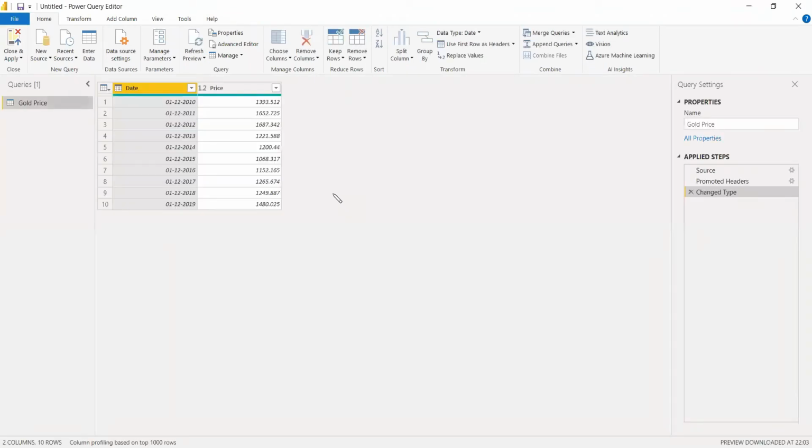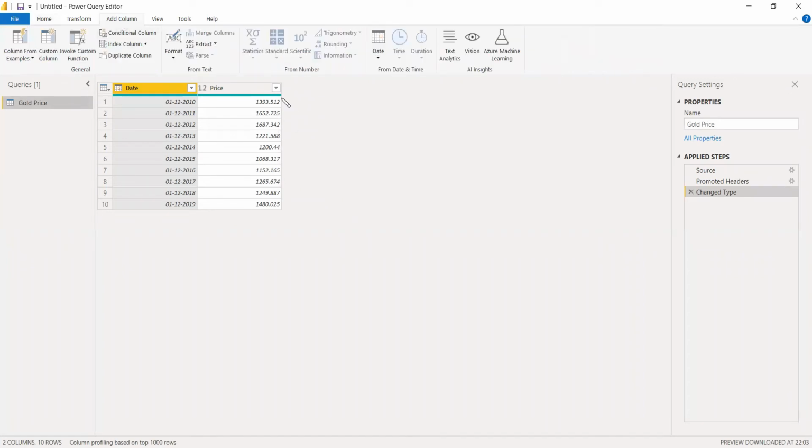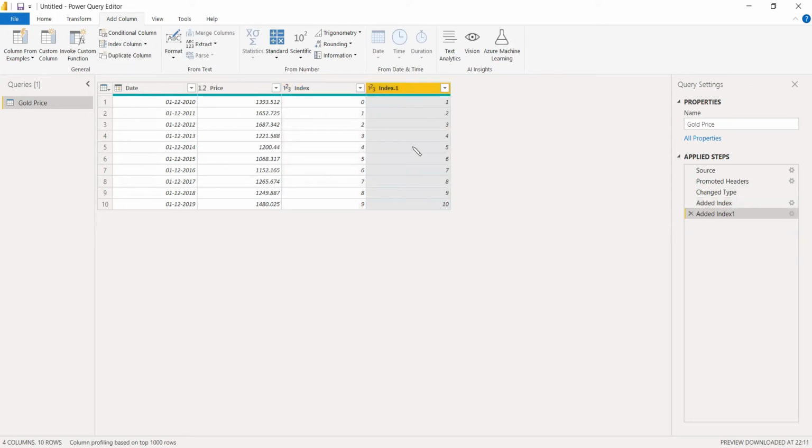So we are in the transform screen. You have to add one index. You need to add a column for index because for using the earlier function you need to have the index of the row. Since we need to take this index minus this index, it is better to create two columns, one starting from 0 and another I'll start from 1. These are the basic two things which are needed to do the subtraction, and the remaining is for showing in the chart.